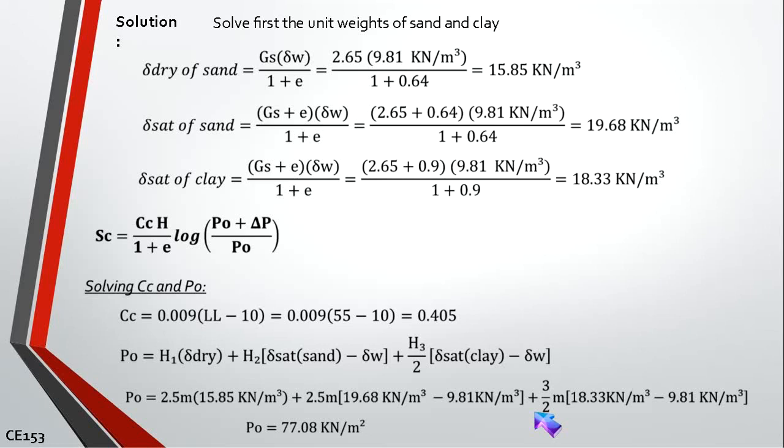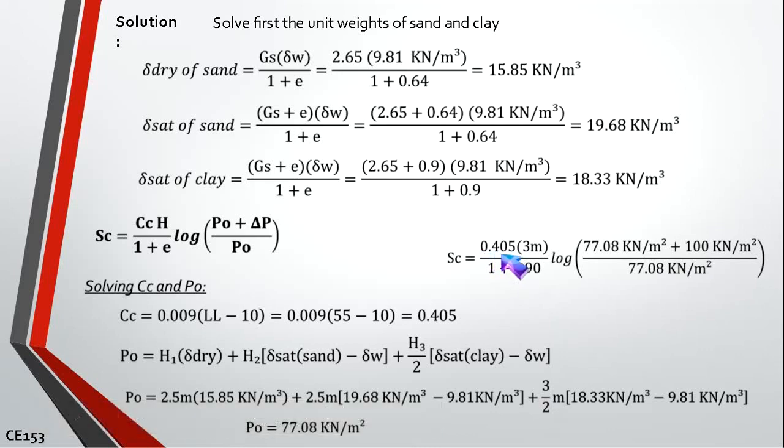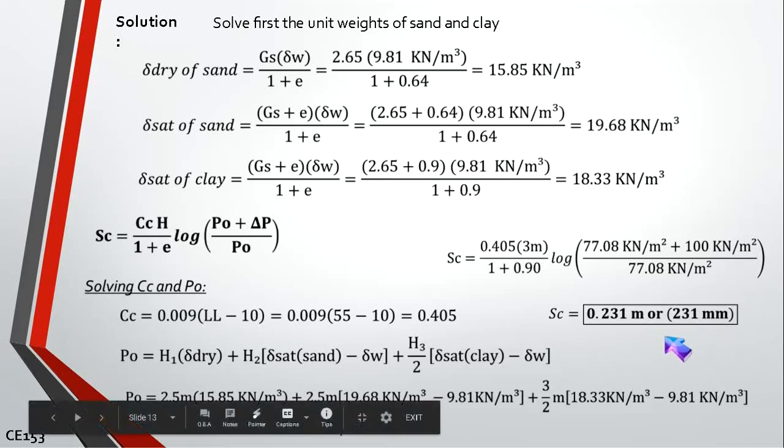So, meron na tayong effective pressure, meron na tayong additional pressure, meron na tayong void ratio, meron na tayong height ng clay, meron na tayong Cc. Masosolve na natin yung primary settlement ng ating soil. So just substitute values, lahat na yan meron, substitute nyo lang sa equation, then input it in your calculator, masosolve natin 0.231 meter or 231 mm. Yan yung ating primary settlement for problem number